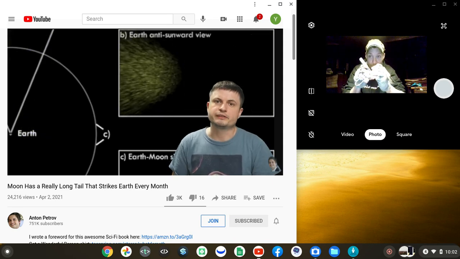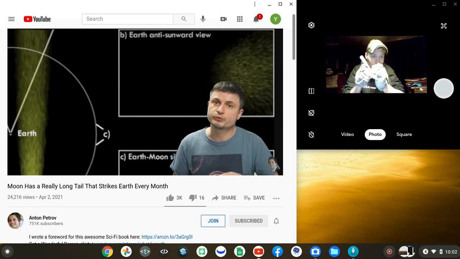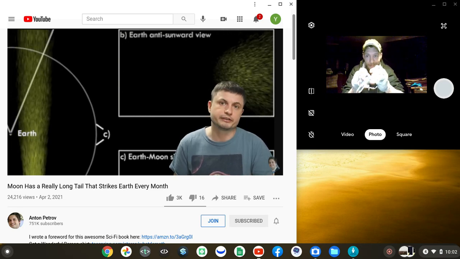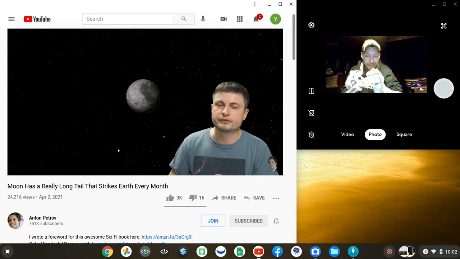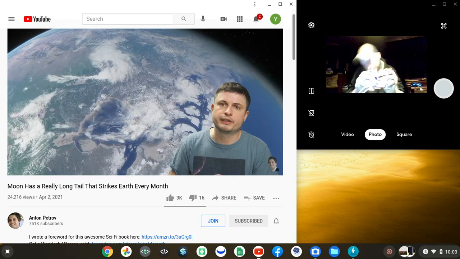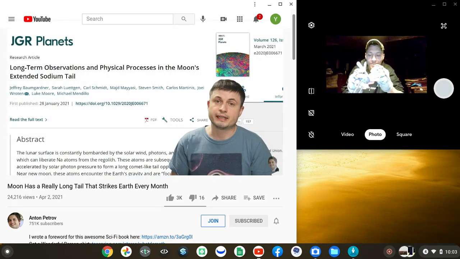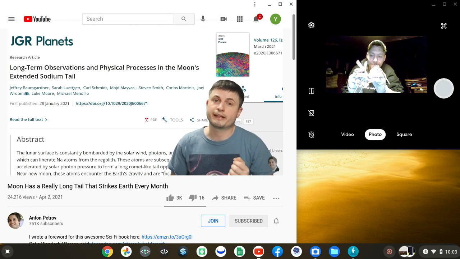And because its brightness seems to fluctuate from time to time, scientists really wanted to find out what's going on here. How come the brightness changes? Is it because of the solar cycles? Is it because of the differences in orbit as the moon orbits around the Earth? Or does it have something to do with the Earth's atmosphere? And so the scientists whose paper you can find in the description analyzed approximately 21,000 photos from